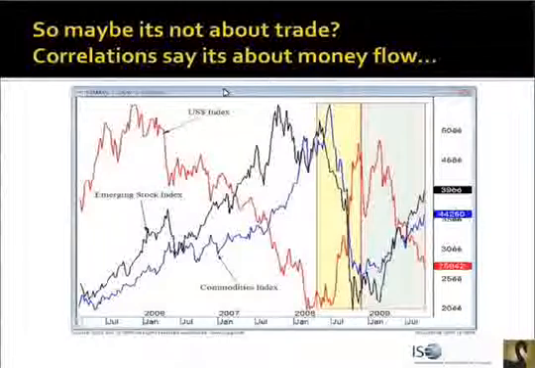And as you can see, starting from the upper left of this chart, the U.S. dollar index is going down, down, down, and it's been doing this since 2002. If this chart went back to 2002, you'd see this same relationship as the U.S. dollar comes all the way down into 2008. The other asset markets are going up, up, up. And you saw this acceleration from 2003 on, even